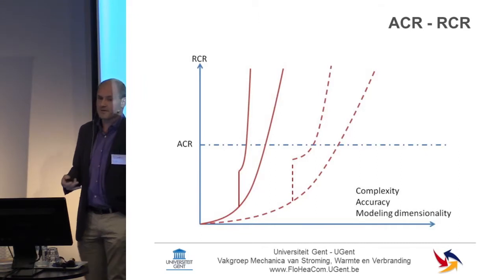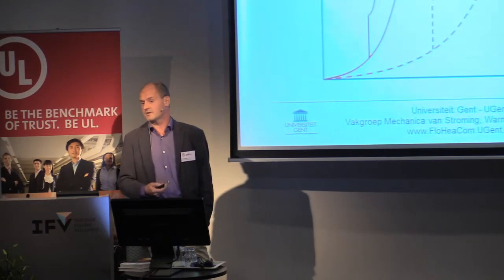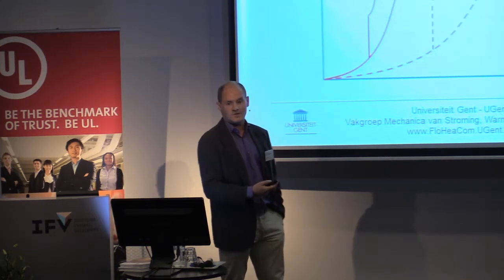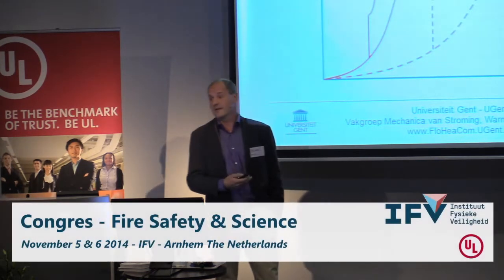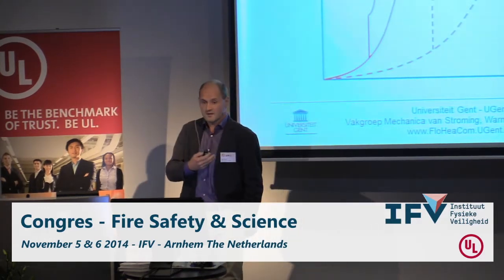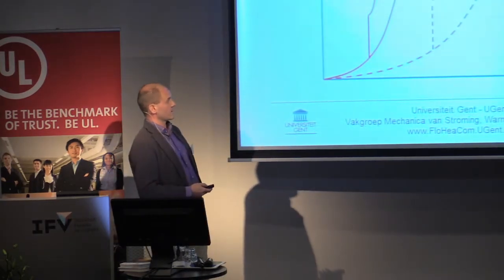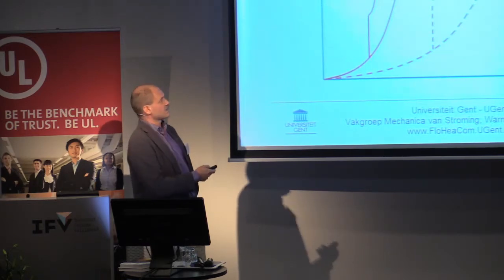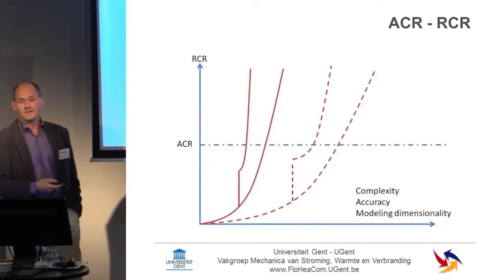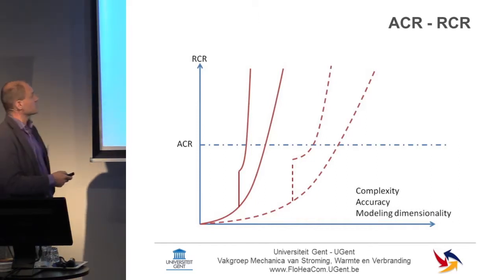You have radiation heat. You can try to model it rather simply by introducing an assumption that a certain fraction of the heat release rate of the fire will be radiated, but you can also make very detailed radiation computation with soot modeling, with all sorts of aspects of gases and things. So you can go really, really far in terms of modeling. As I said, arbitrary indication. So if you add them all up, you get a certain end level of what you need in order to make a reliable computation.